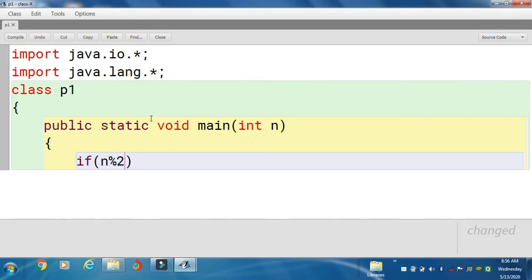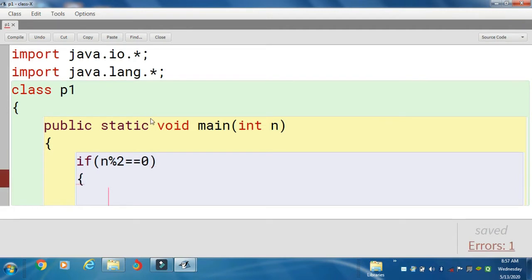For an even number, the logic is when the number is divisible by 2, the remainder should be 0. So this part we need to check for 0, so we have to compare. So we have to use a comparison operator. Double equal to is known as the comparison operator. Compare with 0. If this condition matches, then we'll print